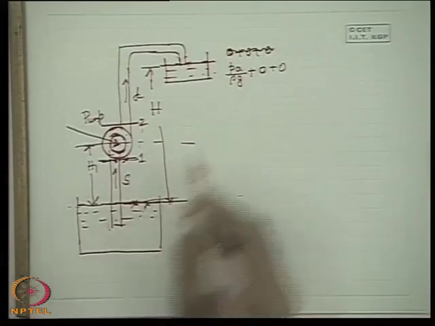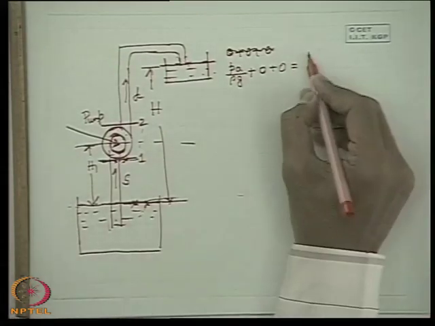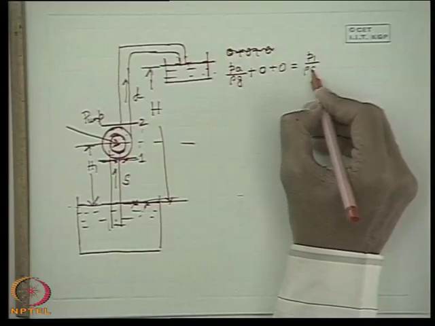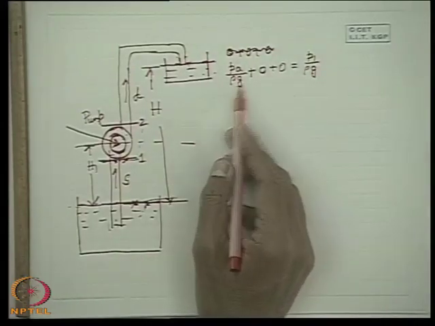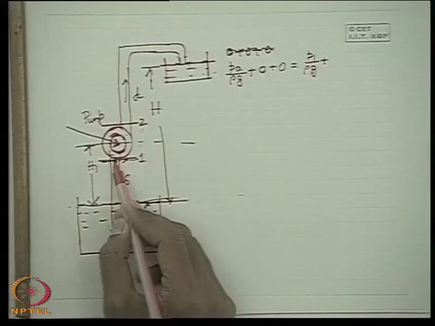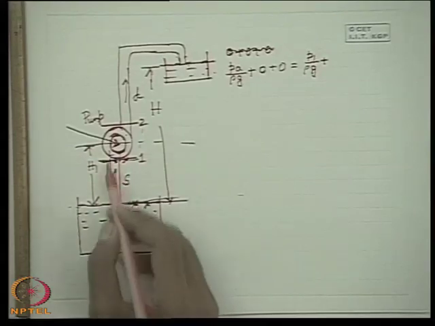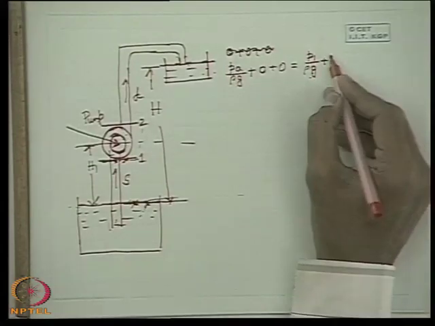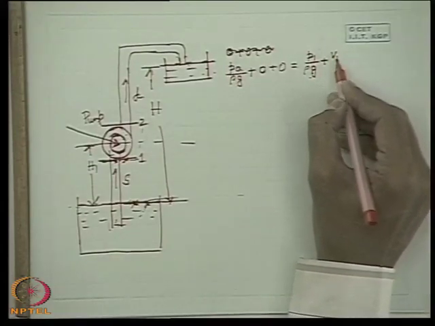Then what is the head here? Let us define the pressure at P1 by rho g. This P1 by rho g is less than Pa by rho g. You can understand, because some other things will come. To create a velocity head here, out of the atmospheric pressure head, this pressure head has to go lower than that. Obviously, V1 square by 2g.